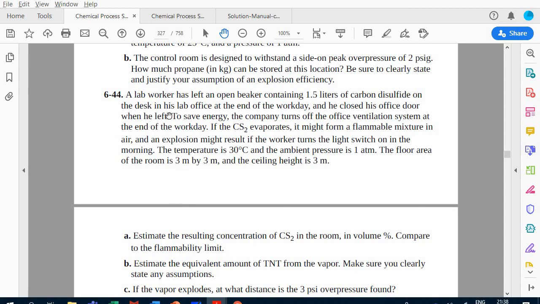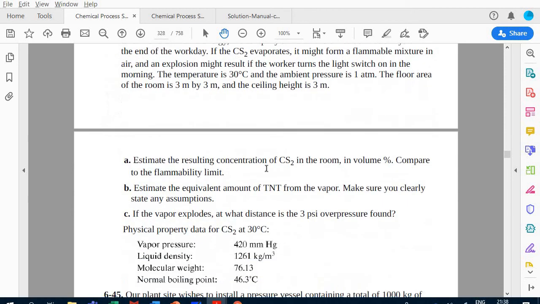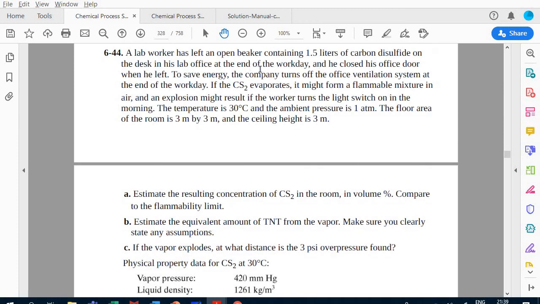And you know that it is in a lab, it's closed, so our new value is not 0.05, it is 1. Okay, so I'm just giving you the ideas. Okay, so estimate the resulting concentration in volume percentage. So if you can get the PSAT value, or I don't think that you need the PSAT value. Actually, what you need here is we already have the total volume, and we have the volume also of that